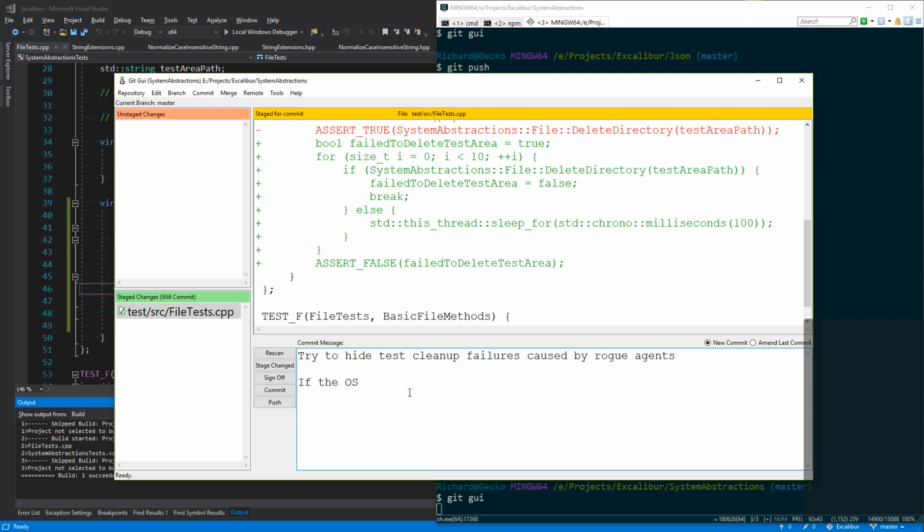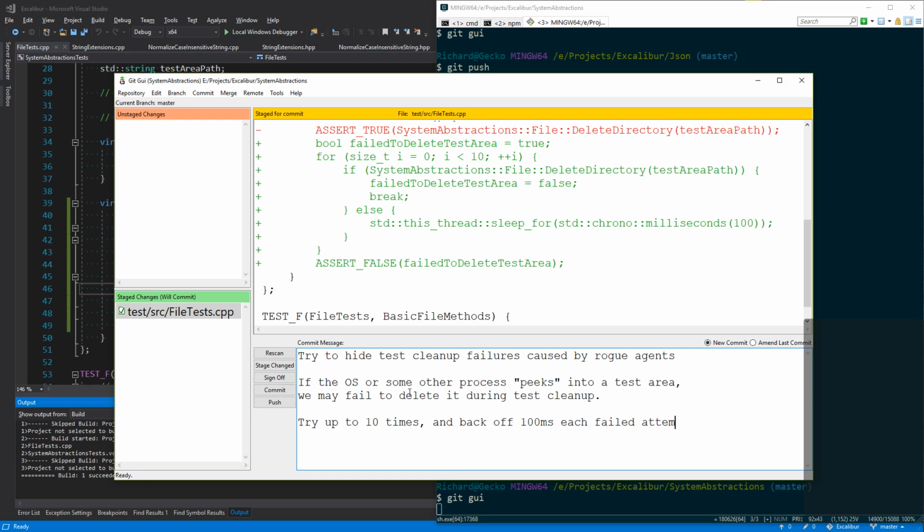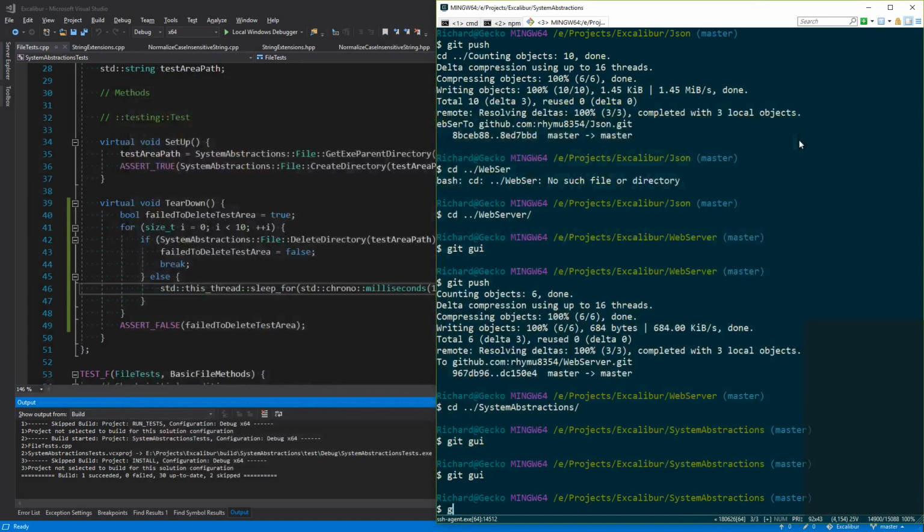If the OS or some other process peeks into a test area, we may fail to delete it during test cleanup. Try up to 10 times and back off 100 milliseconds each failed attempt to delete the test area during cleanup. There we go. So hopefully that never happens again.